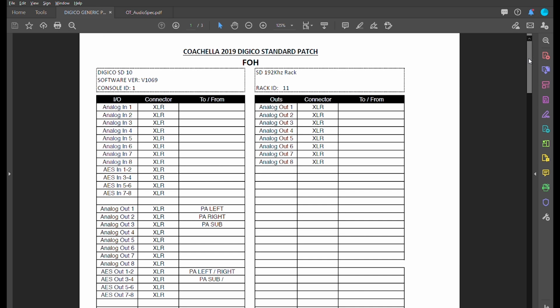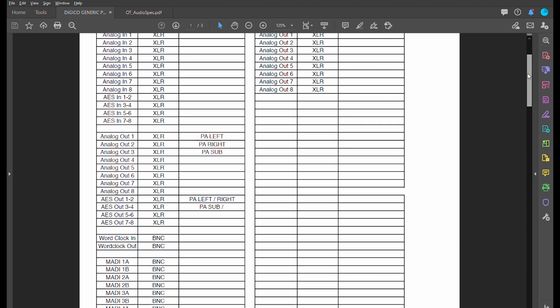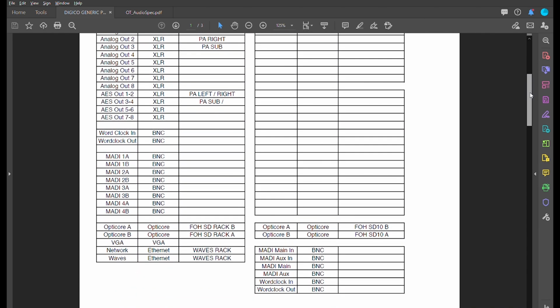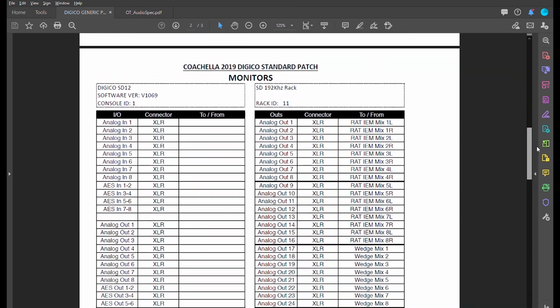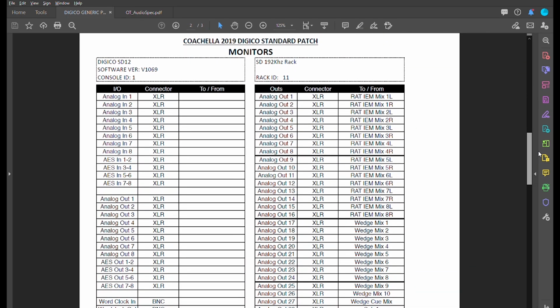For this festival, in 2019, they came up with a generic patch that would go across all the main stages, so all of them would have the same setup of SD10 out front and SD12s at monitors. Here's a front of house patch, but we're going to scroll down and focus on the monitor side of things. So here at monitors, we'll see an SD12 with the software version 1069,